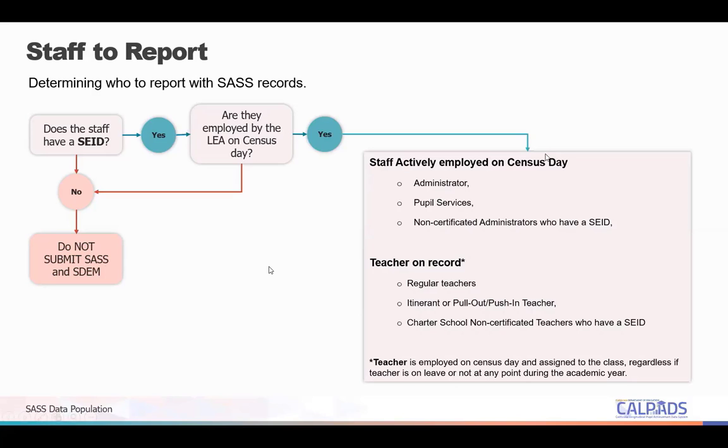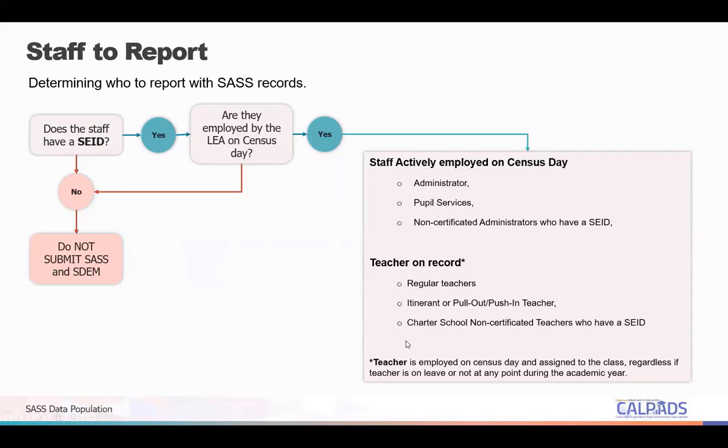These are your administrators, your pupil services, and non-certificated administrators who have a SEID. And also you report your teacher of record, which is basically the teacher who is employed on census day and assigned to the class regardless if the teacher is on leave or not at any point during the academic year. So these are your regular teachers, your itinerant or pull-out push-in teachers, your charter school non-certificated teachers who have a SEID, and also your substitute teachers who are teaching the class who has a vacant staffing for that particular time